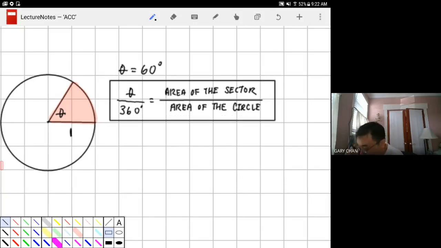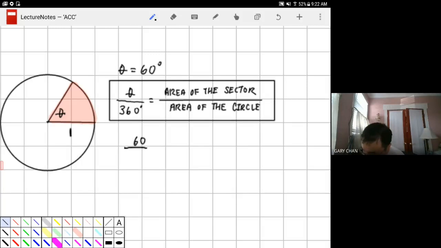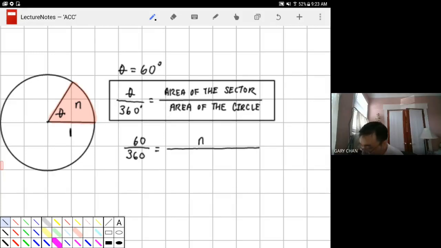So having this understanding now, let's just try to place things in the correct corresponding places. What is theta at the moment here, Michael? 60. So I have 60 over 360 is equal to the area of the sector, which I'm going to call area N. So it should be N over